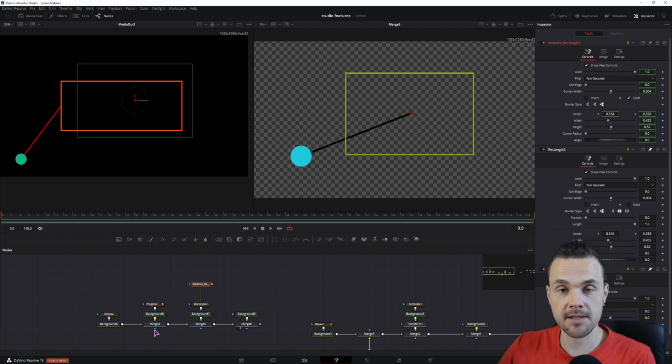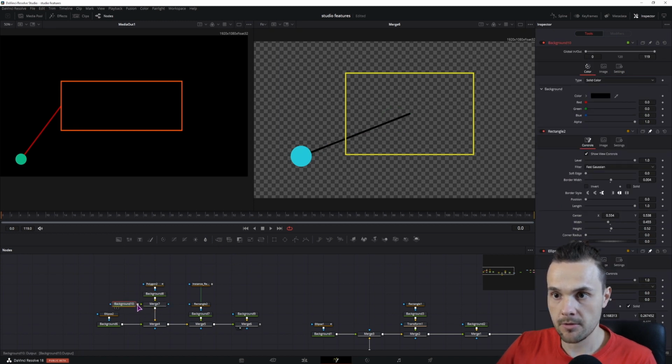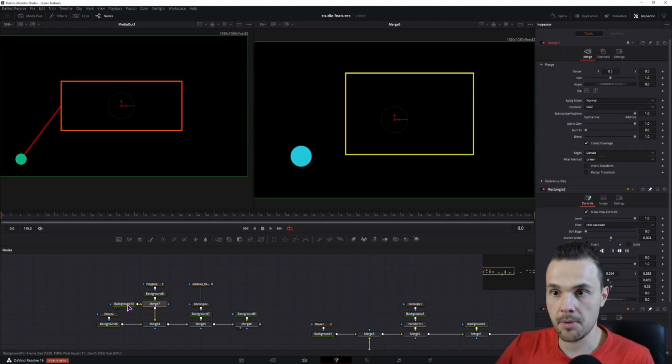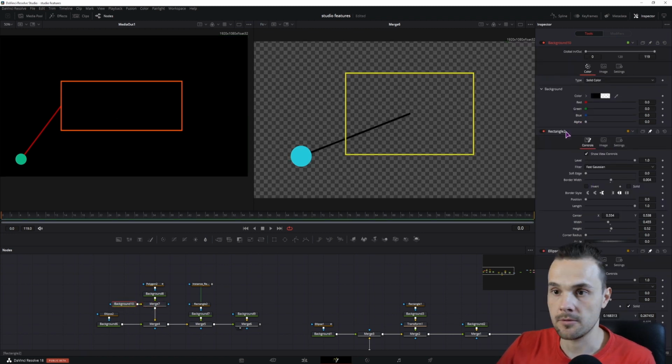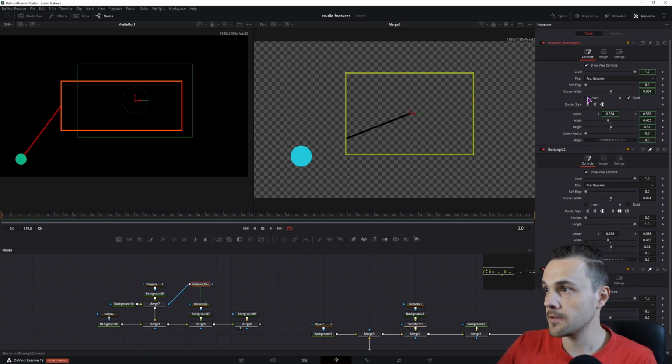Ideally, we would connect it to the mask input of the merge, but this would affect the ellipse. So what we can do is add another merge node. Simply add a background node. The background will be in the back, so I'll just simply lower the alpha to 0 so it's transparent. And now we can affect the polygon. So I'll connect it here and simply select invert, but in this case I also have to the instance invert. So the instance it, and now when we move the ellipse,